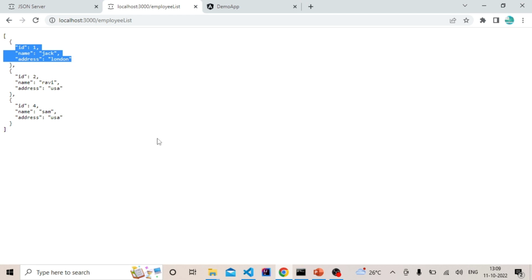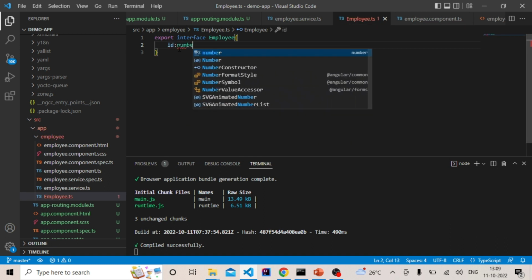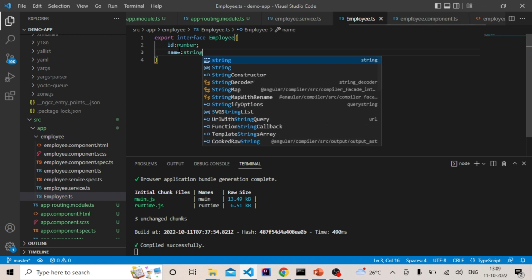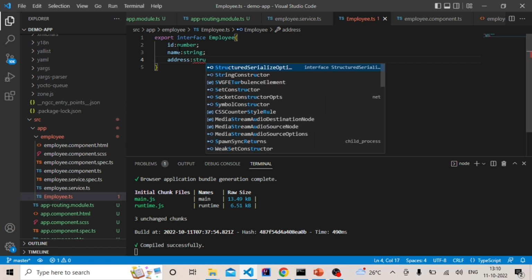ID, name and address. So let's create the corresponding properties here, which is id of type number, then name of type string, address of type string,